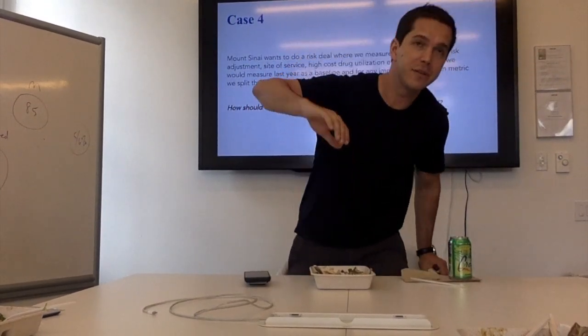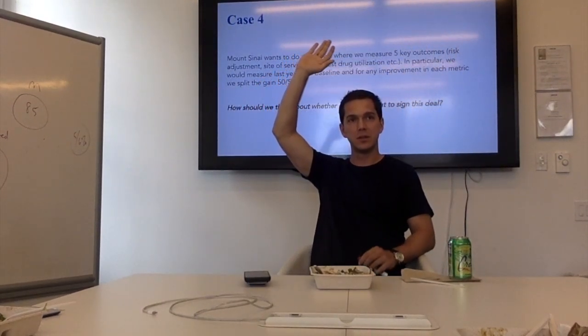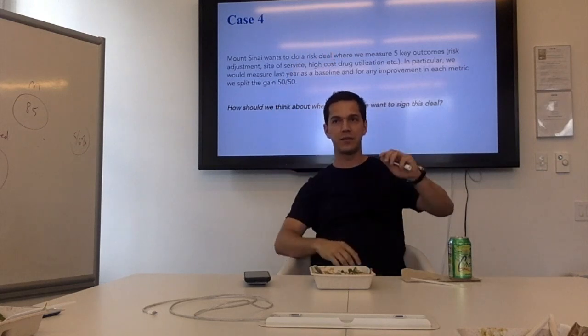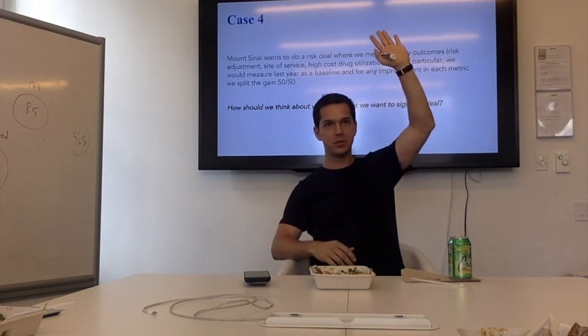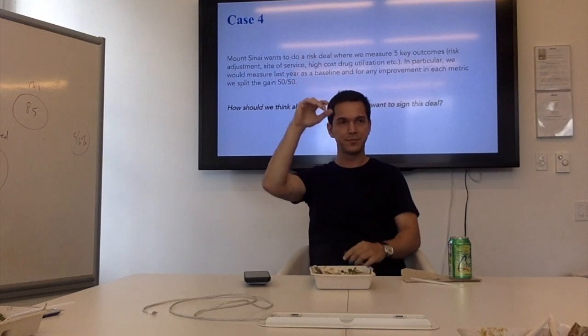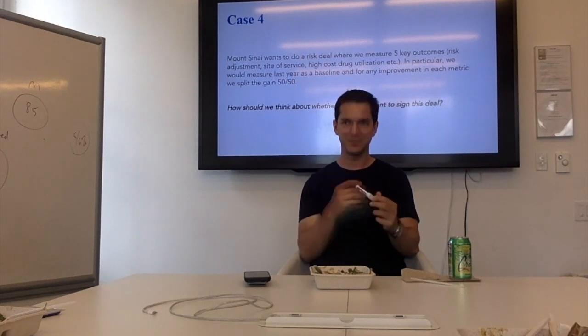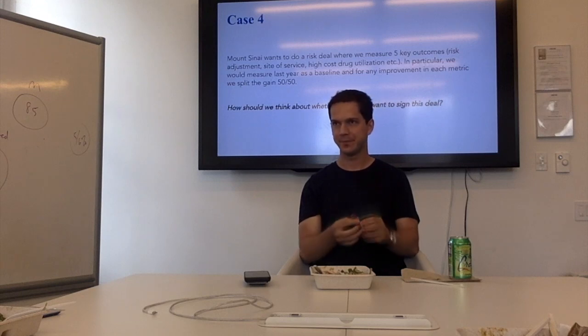Who thinks positive expected value for us? Who thinks negative expected value? Who thinks neutral? A lot of wishy-washy hands here. If by splitting it, not having the full upside, is that considered negative? The fact that we'd be paying out half of our positive? I mean, we technically would still be positive, right? But we're losing half of what we would have made.